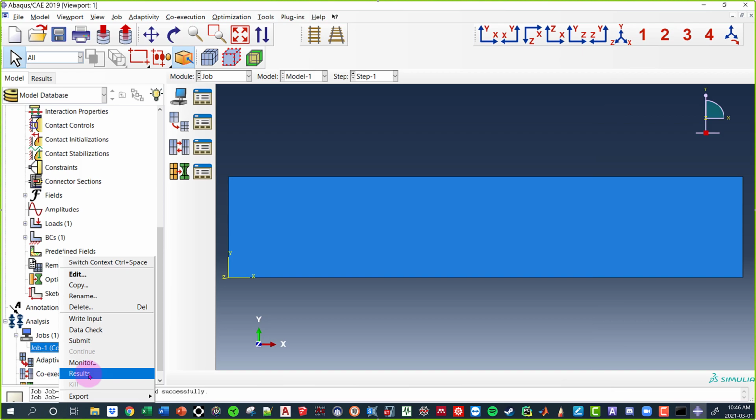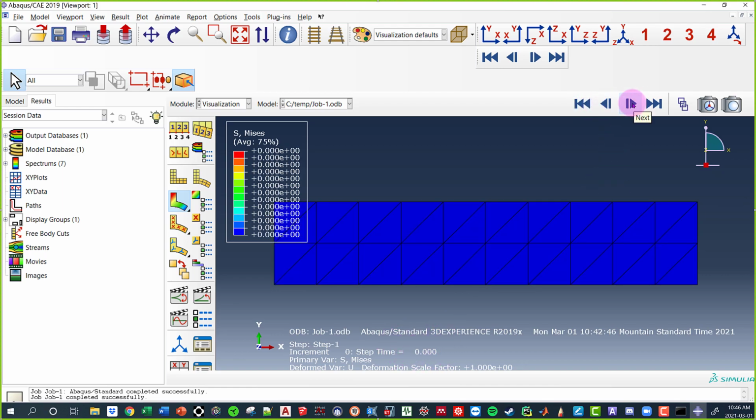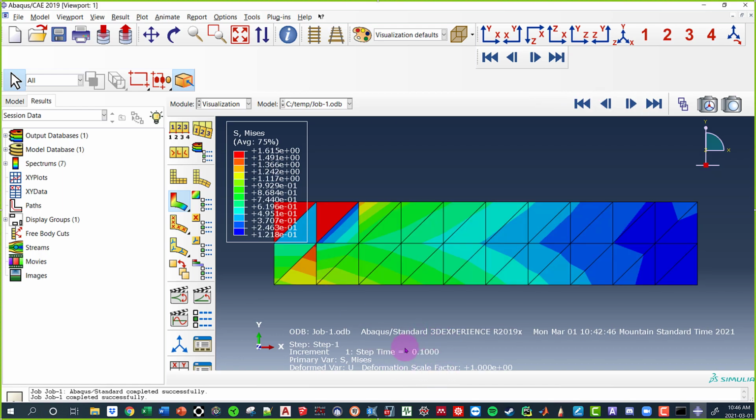So if I were to go check my results, when you click this, it'll automatically go to the end, our last time step. But I can actually look. I can go next and see the beam under 0.1 kilonewtons. I can go next and see the beam under 0.2 kilonewtons, and then under 0.35. So every time it does one of those successful steps, it records the data, and you can see the beam as it deflects. It's not just the initial and the final. You can start seeing what happens in between.